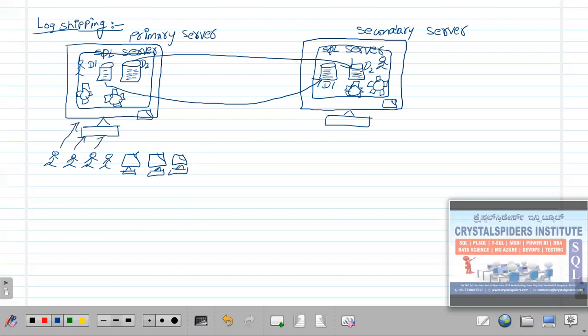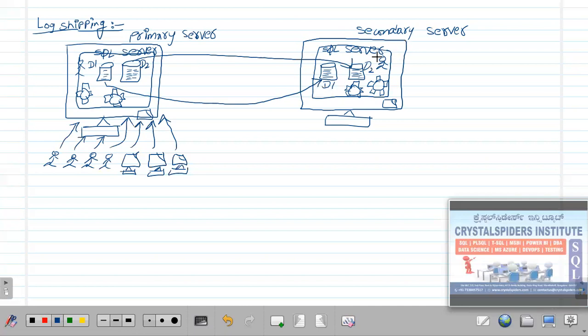The primary server is now in the read and write state. That primary server is allowing the connections from the users. But these users can't connect to this directly, guys, because these databases are not available for access. These are in a read-only state, or restoring state. So the databases on the secondary server are not allowing the users to perform any changes. Yes, guys, it will not allow.